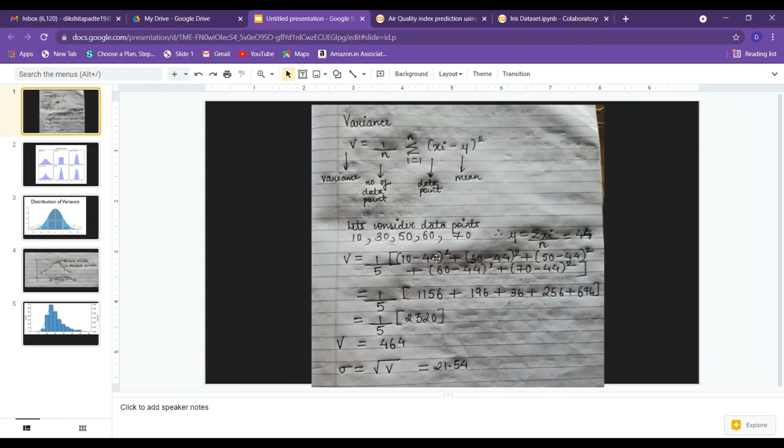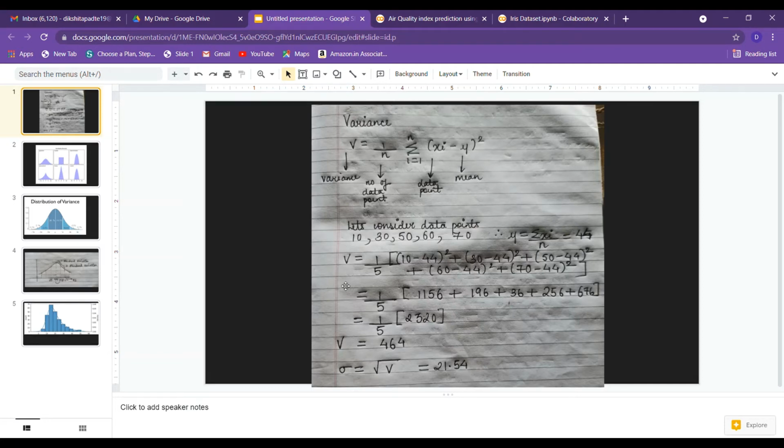Here I have considered 5 data points and calculated the mean, which is 44. By putting all these values in the formula, you get a variance of somewhere around 464. From that you get the standard deviation, which is the root of variance, and the standard deviation is 21.54.